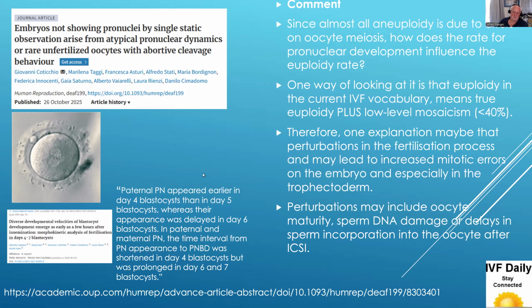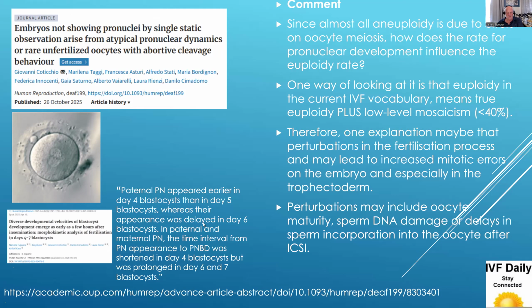And I'd just like to mention another paper, which was published just recently in the Journal of Assisted Reproductive Genetics. It's a good journal, that one. It looks at the rate at which blastocysts develop compared to the morphokinetics, basically saying that paternal pronuclei appear earlier in day 4 blastocysts than in day 5, whereas when their appearance was delayed, it also resulted in delayed blastocyst formation on day 6. So when the paternal DNA appears early, and usually you can tell that's the larger one of the two, you get earlier blastocyst formation, and when the pronuclei appear later, you get